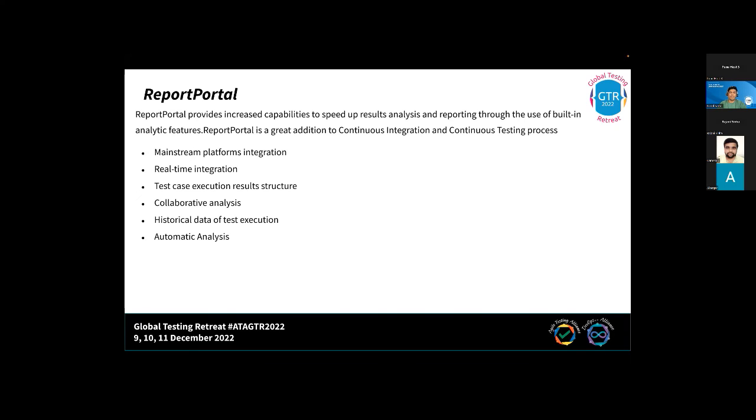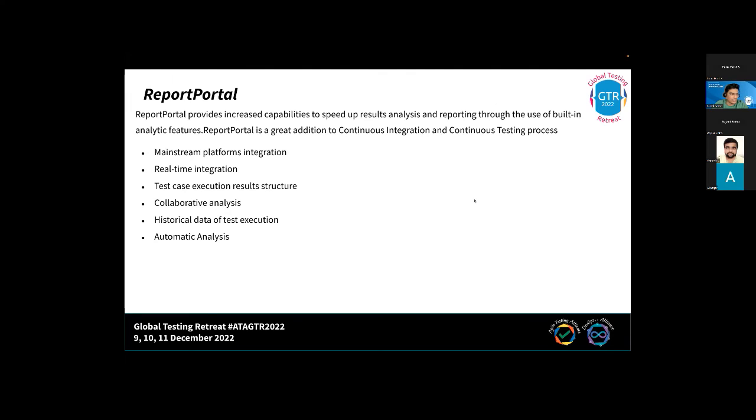Just one thing before I jump in there. I recommend everyone to look at the Report Portal architecture. It's a very interesting architecture built by them, and the tools and technologies they use. They have used Minio, they have used Postgres, and they have made it very light using the REST web services.